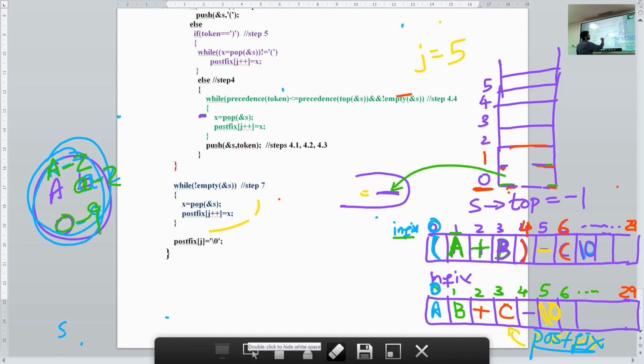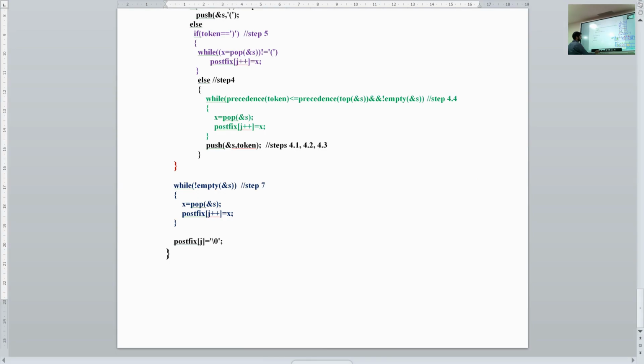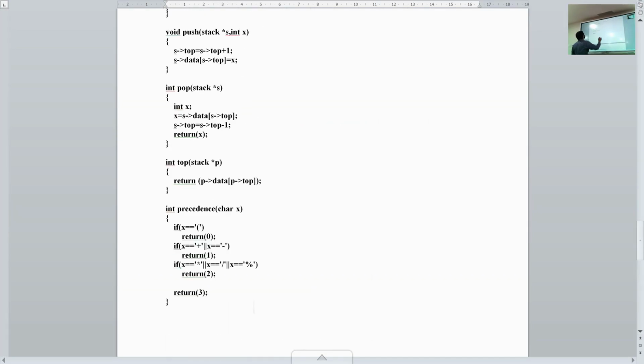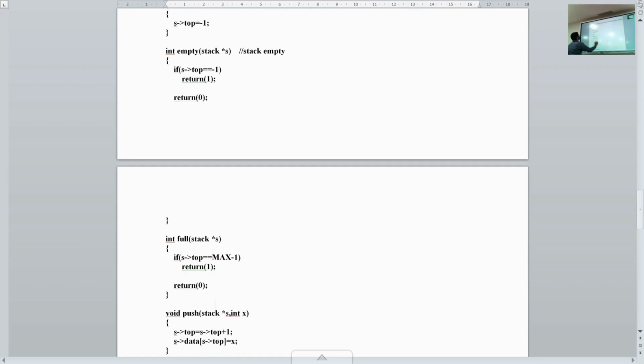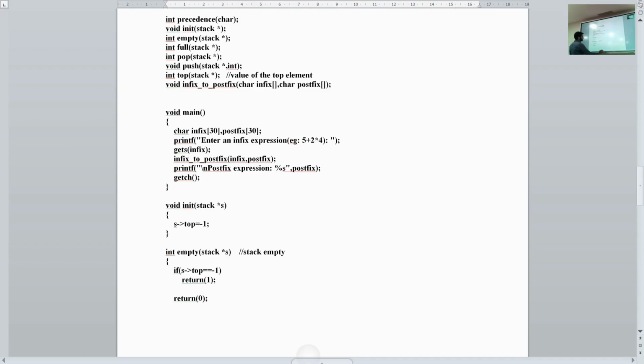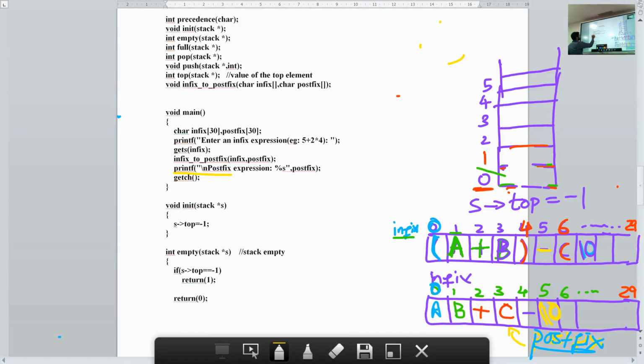So we go to our main function. Let me clear this. Now we go to our main function, and we print our postfix array.